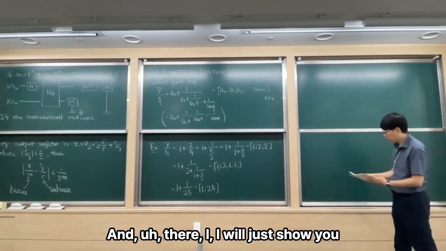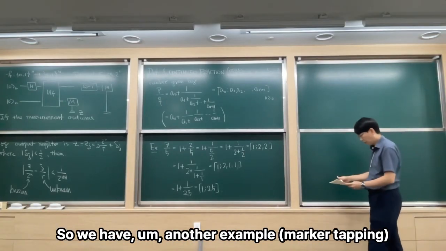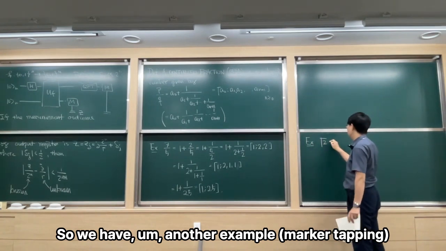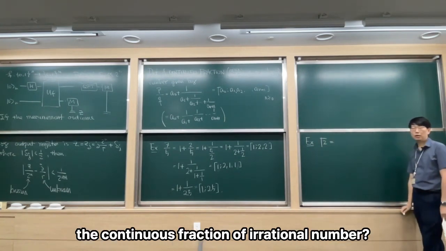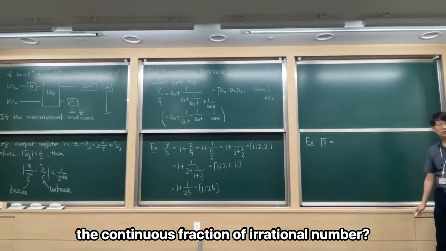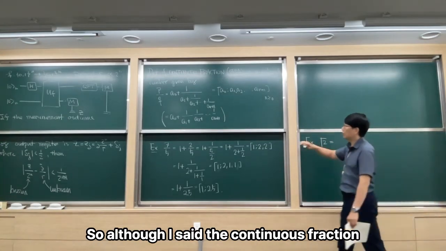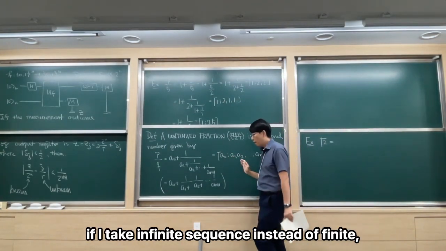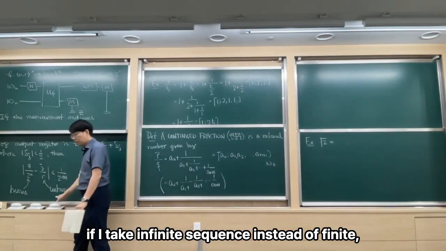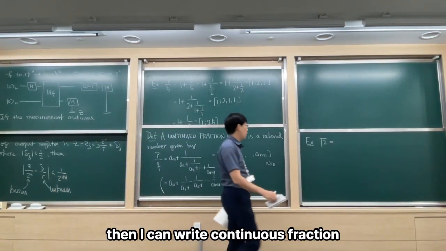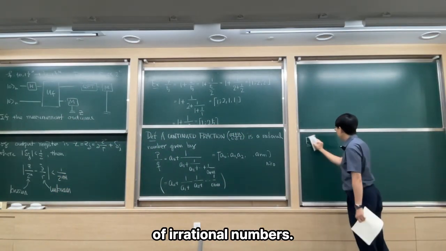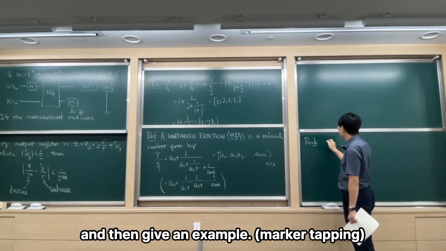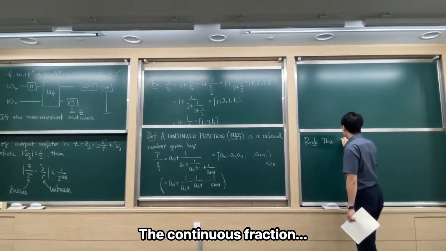And I want to just show you an interesting fact about this. So we have another example. How about we take the continued fraction of an irrational number? Although I said the continued fraction is a rational number given by this, if I take an infinite sequence instead of a finite one, then I can write the continued fraction of an irrational number. So let me make a remark first and then give an example. The continued fraction